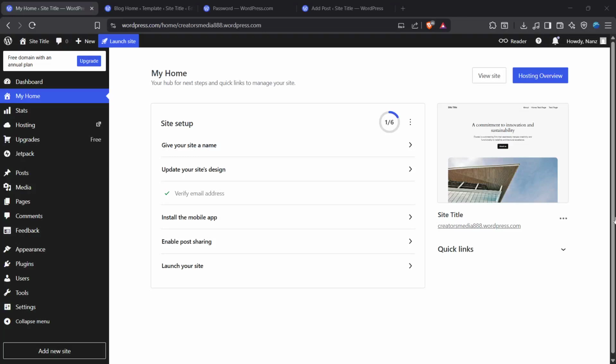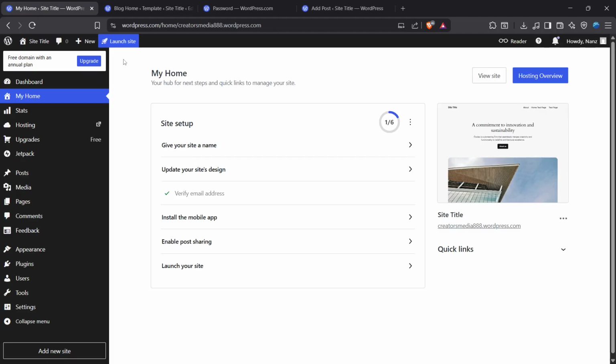In today's video, I'm going to teach you how to change background color in WordPress. If you want to give your WordPress site a fresh new look, changing the background color is a simple way to do it. This can help your site feel more on brand, more modern, or just easier to read. In this walkthrough, I'll show you exactly where to find the background settings and how to choose a new color